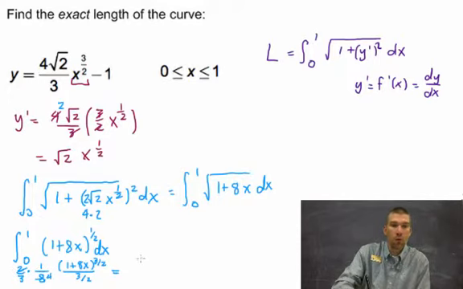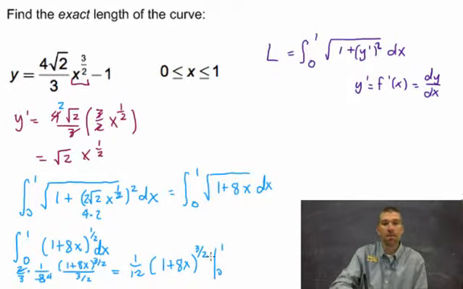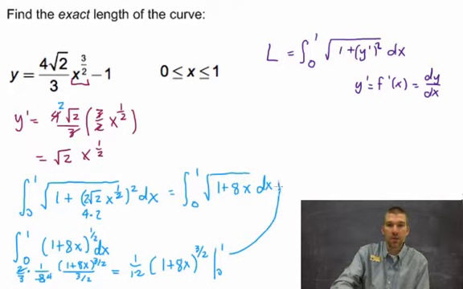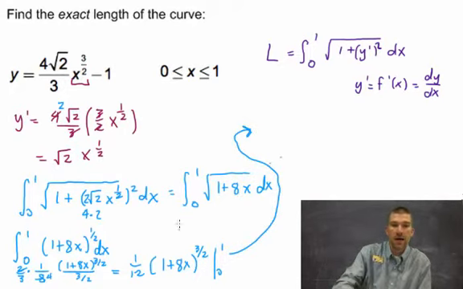So I have 1/12 times 1 plus 8x to the 3 halves power, evaluated from 0 to 1. Okay, so I'm going to come up here where I got a little bit more space, and we're going to finish this guy off. Now I do my stop minus my start, so I stop at 1, so it's going to be 1/12 times 1 plus 8 times 1 to the 3 halves